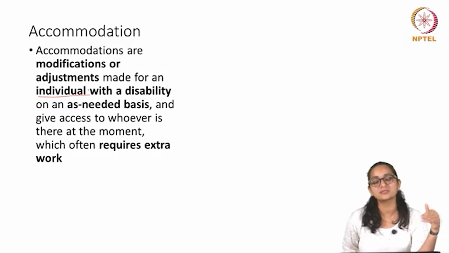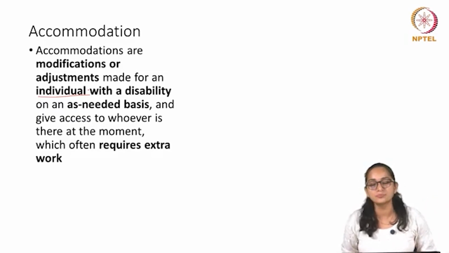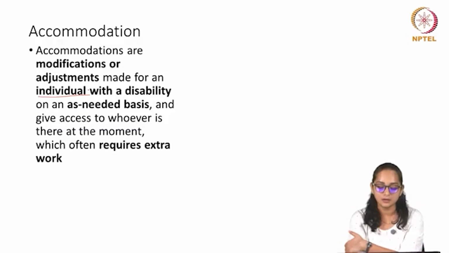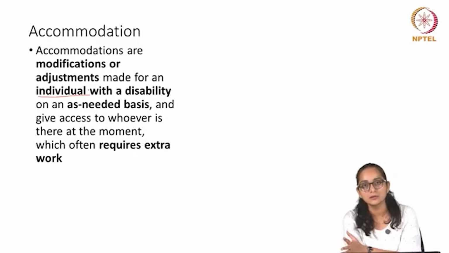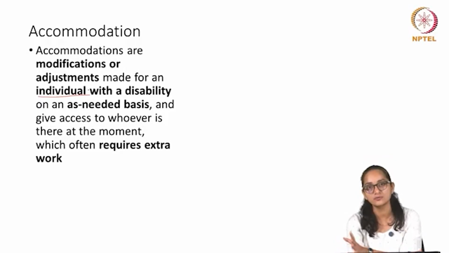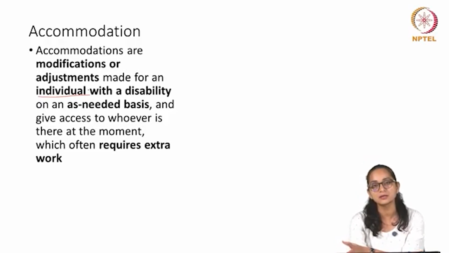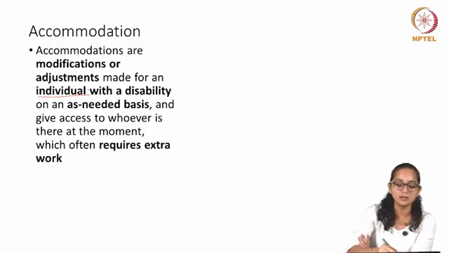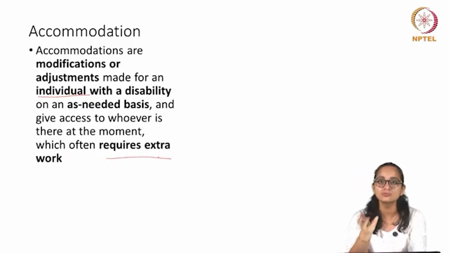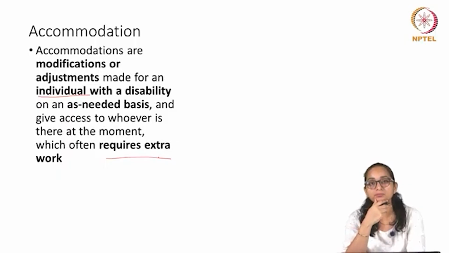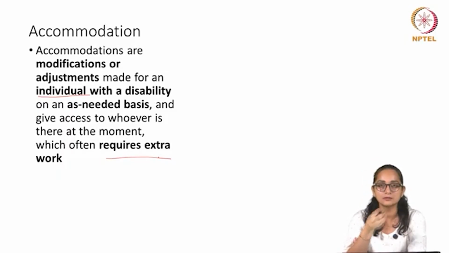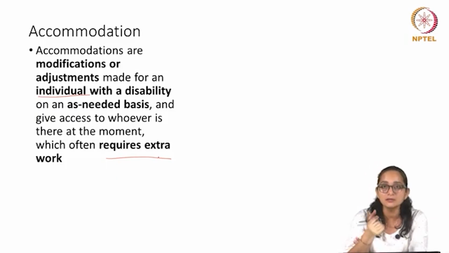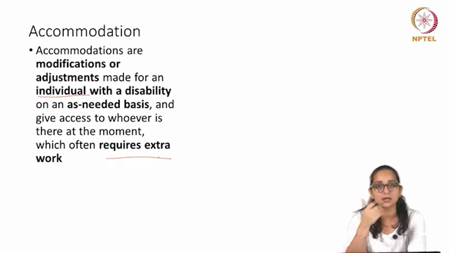So maybe when they come back to get access for the same thing, they will have to re-ask about it. For example, particularly if we talk about access to educational material in inclusive universities, they may require some specific braille handouts, and it is a reasonable accommodation which they have to ask for some of the times, right? And it may require extra work, that is also true. So in order to accommodate or provide the user with such material, with such accommodating technologies,